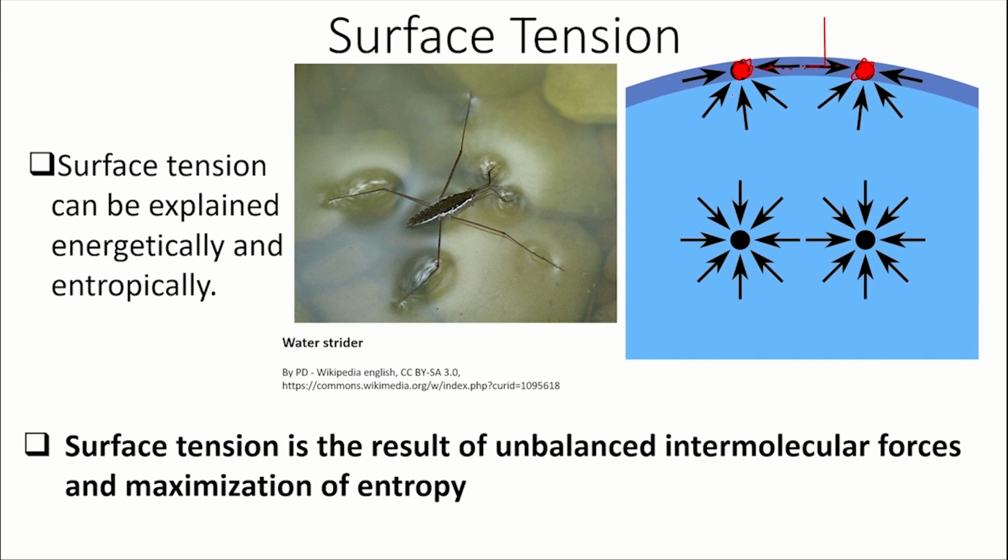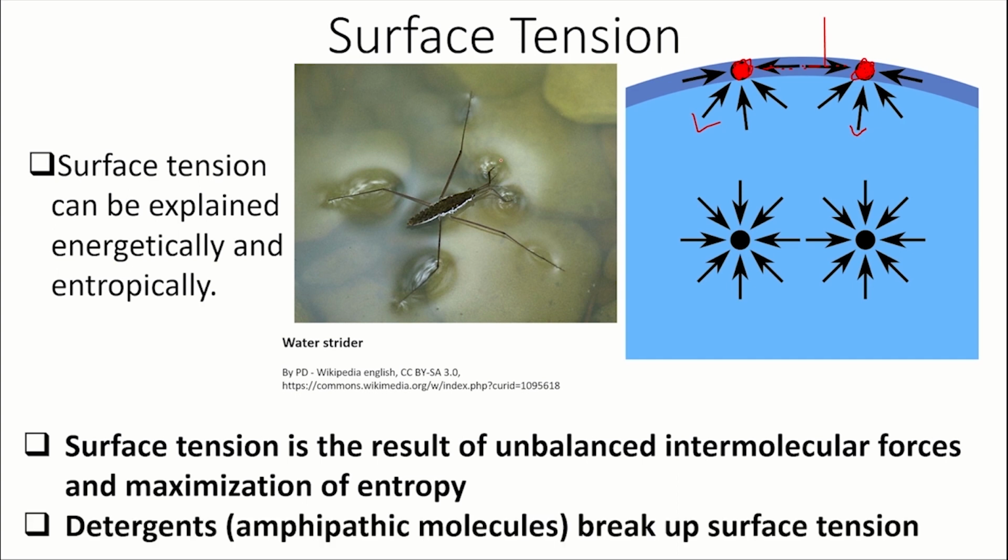And how you know that to be the case, forget about trying to understand why the net force is inward, is because when you put water in a hydrophobic environment, like on top of a hydrophobic leaf, you'll notice it forms a bead. And the reason why that is, entropically anyway, is because it wants to minimize its contacts with the nonpolar substance in order to maximize its entropy.